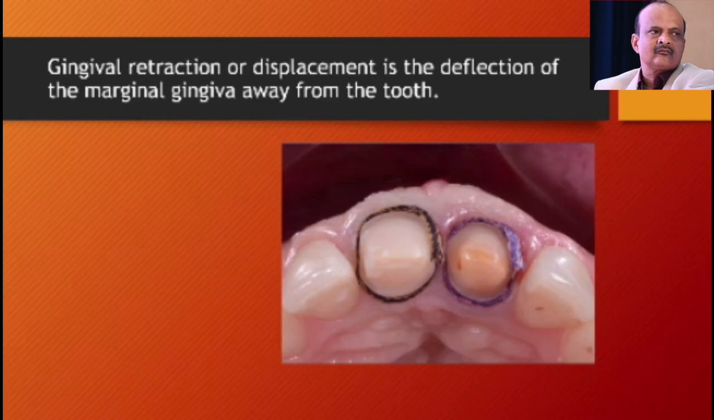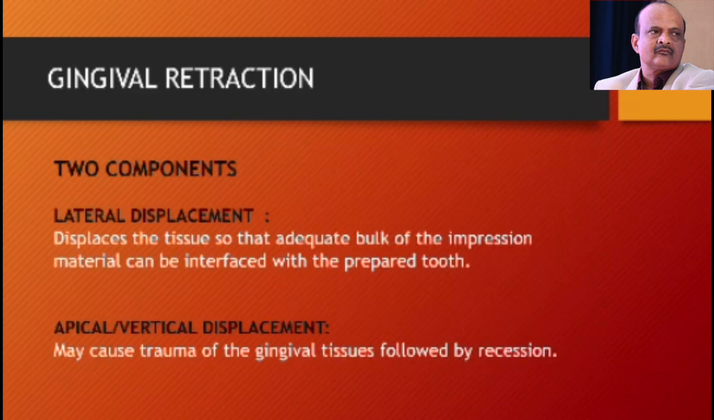Gingival retraction or displacement is a deflection of marginal gingiva away from the tooth, which is a very essential step for successful prosthodontic restorations in FPD. Gingival retraction has two components, basically the lateral displacement and the apical or vertical displacement. The lateral displacement is the displacement of tissue so that an adequate bulk of impression material can be interfaced with the prepared tooth so that we can record the finish line